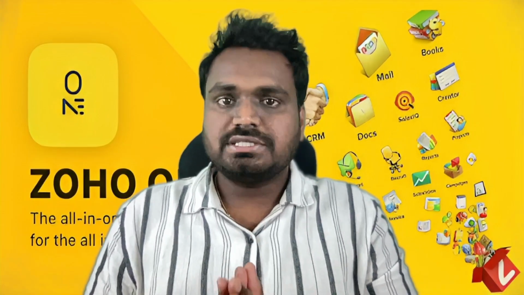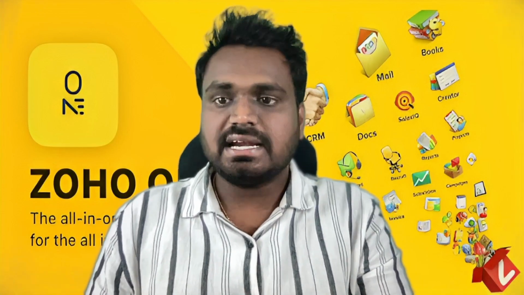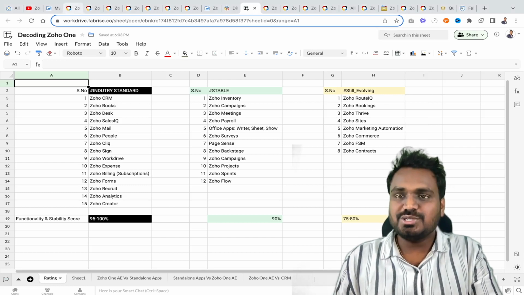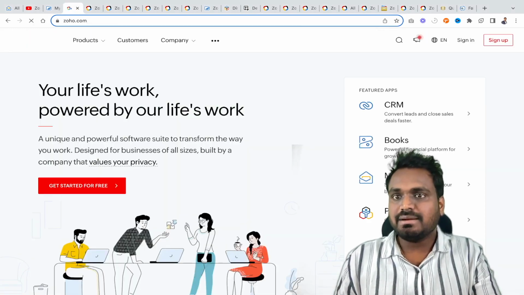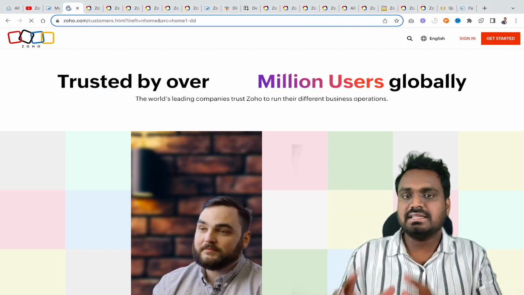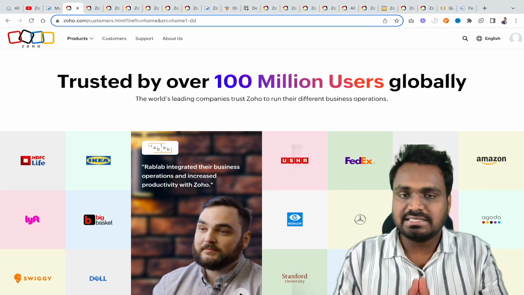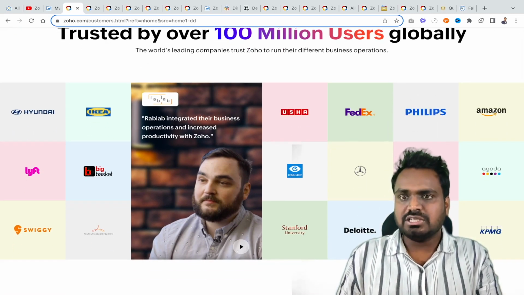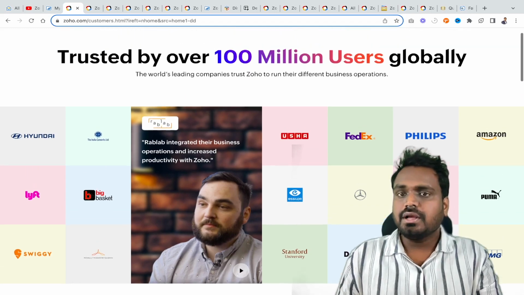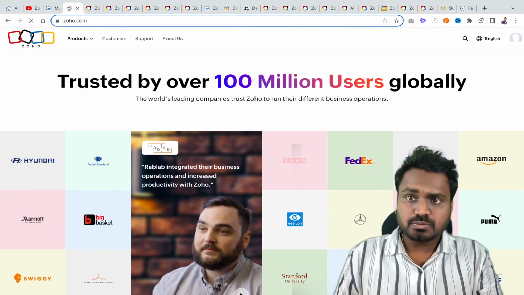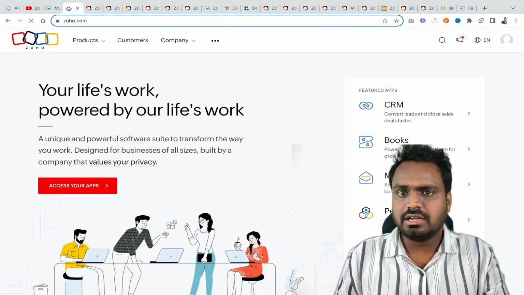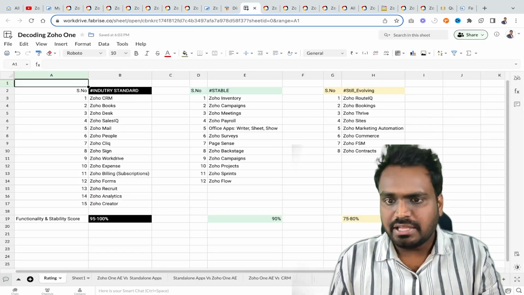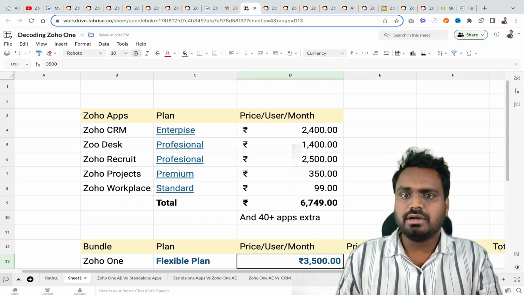All right. For those who are still confused about what exactly Zoho One is all about, let me give a quick introduction. Zoho One is offered by Zoho Corporation. Zoho Corporation has been in business for the past 20 plus years. They have 100 million users globally. All the reputed brands across the globe use Zoho. Zoho One was introduced in the year 2017. Prior to that, if I'm a business owner and I need various Zoho apps, I should pick them